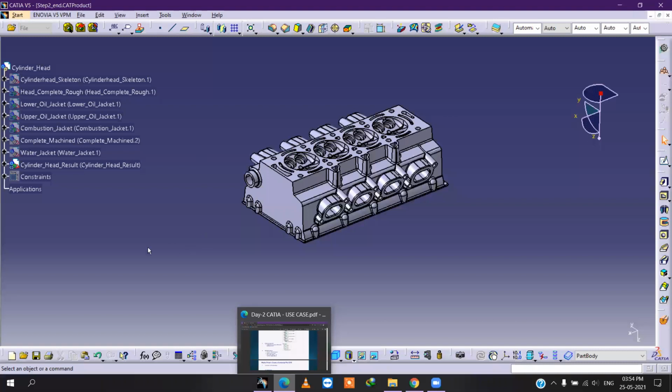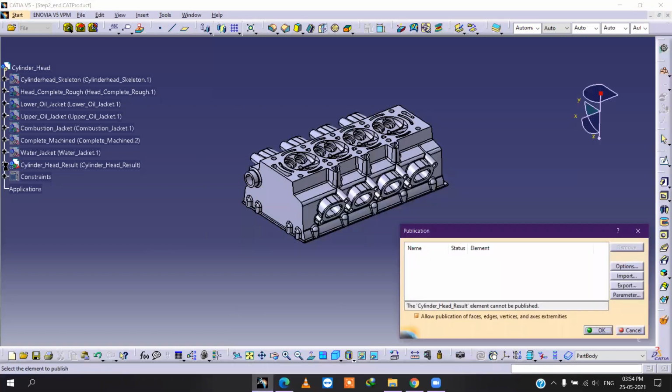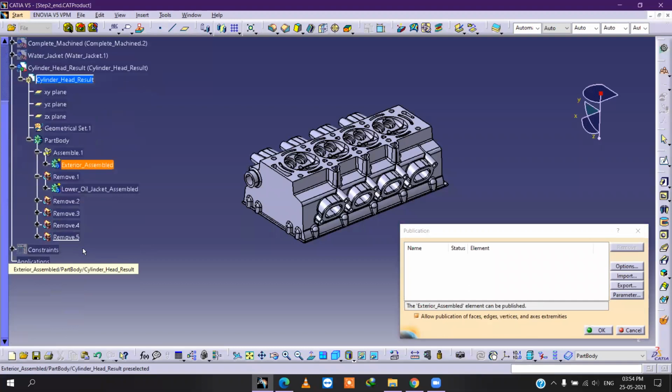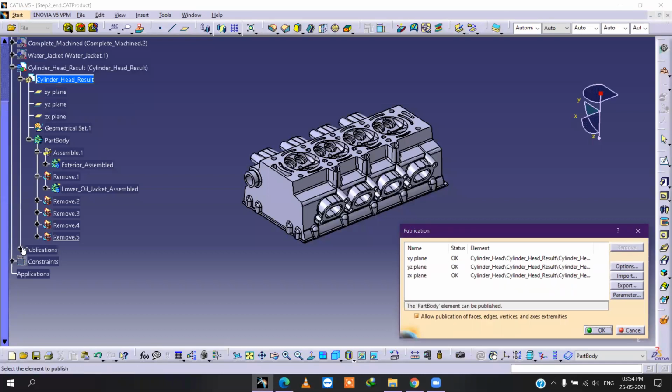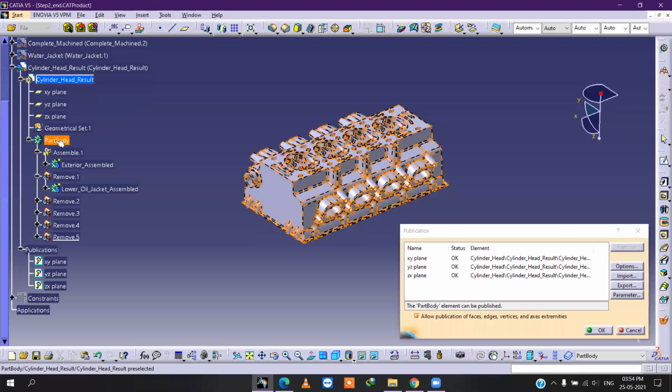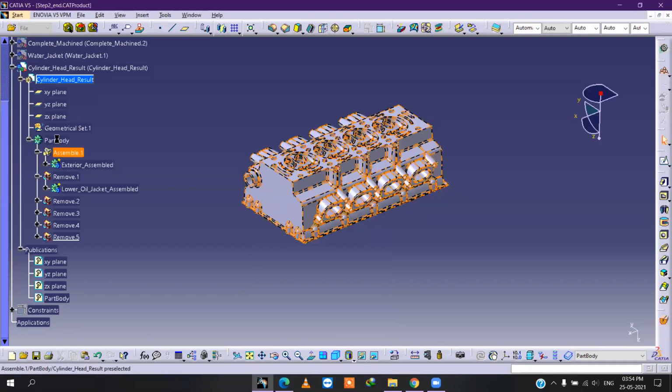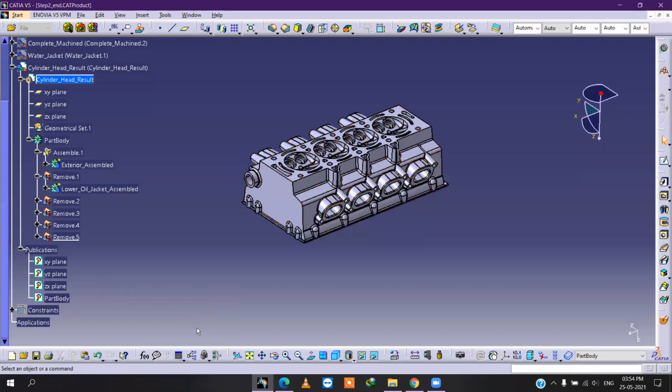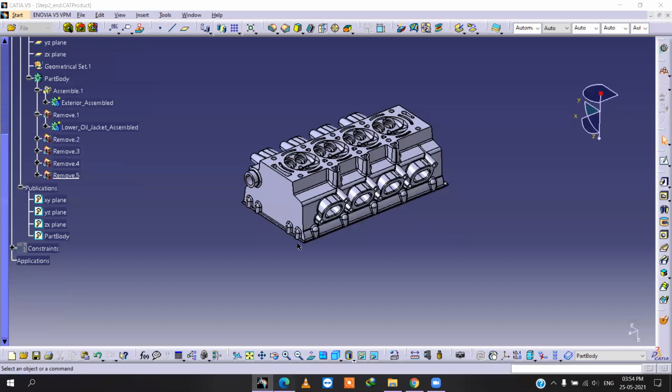Tools, Publication. This one, and the result body. Okay, this is our result body. We have assembled everything over here. The publication has come, this one. Okay.